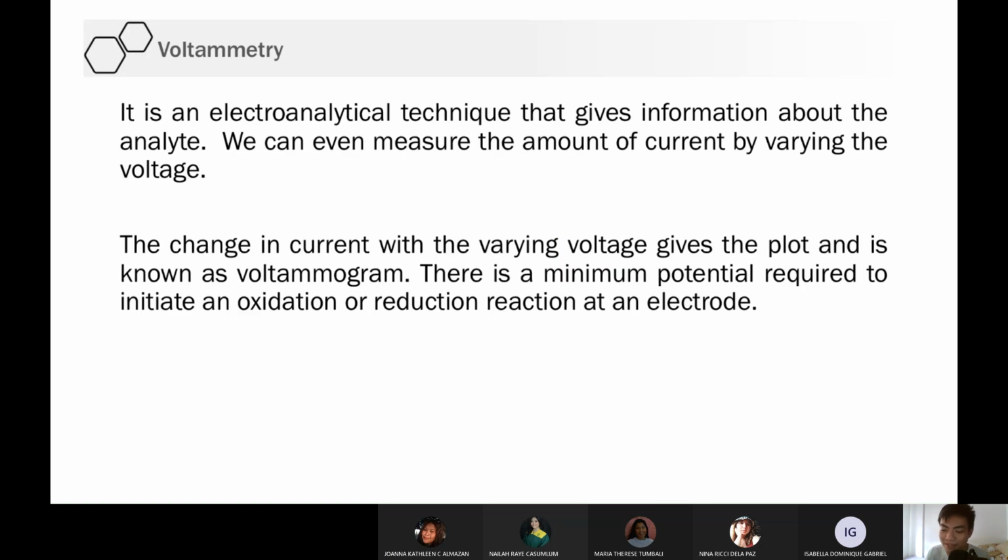Okay, the last part, voltammetry. Voltammetry is another electroanalytical technique that uses voltage. I mean, the current. It measures the current by varying the voltage. Are they related? Yes. If you remember the V = IR law in physics, if you vary the voltage, the current, or the ampere, changes, assuming the resistance is constant. We suddenly went into physics. That's how it is. So in voltammetry, the voltage and current are changing.